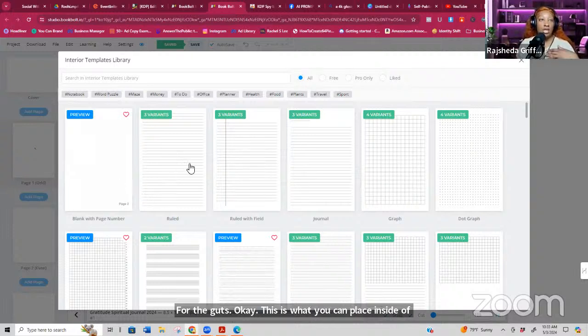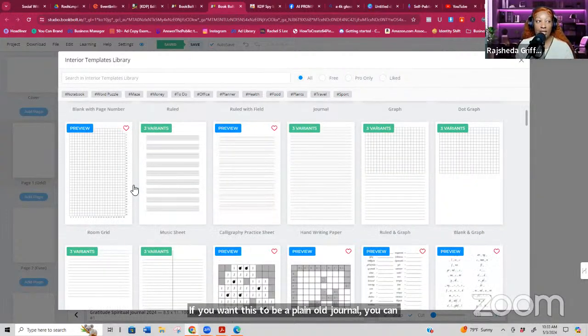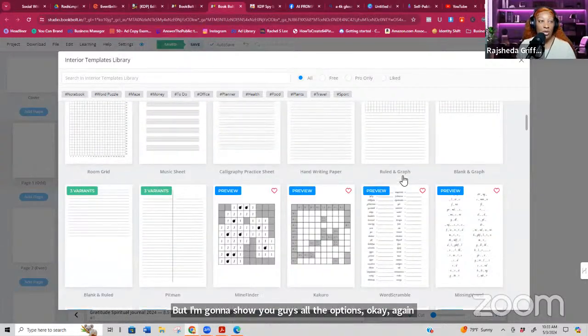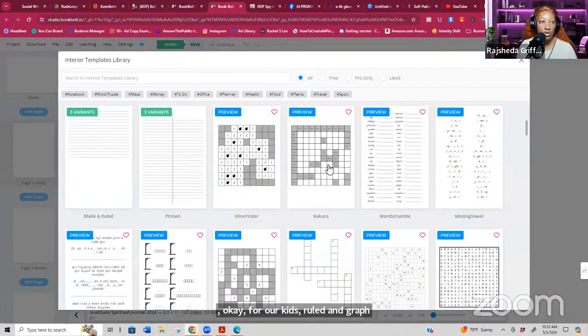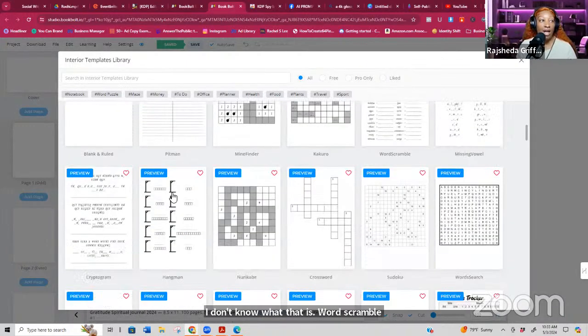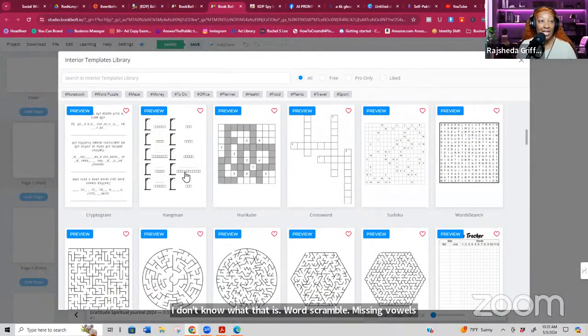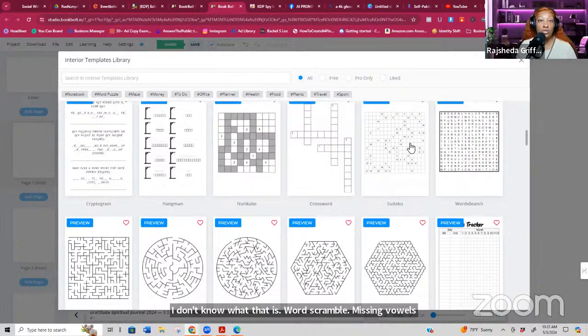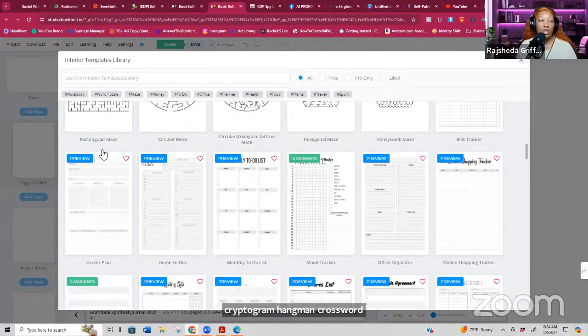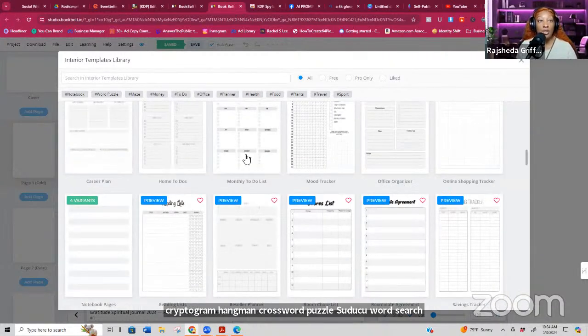If you want this to be a plain old journal, you can select journal and it'll pull it up. But I'm going to show you guys all the options. Okay. Again, room grid, music sheet, calligraphy, handwriting paper. Okay. For our kids, ruled and graph paper, Minesweeper, Kakuru. I don't know what that is. Word scramble, missing vowels, cryptogram, hangman, crossword puzzles, Sudoku, word search, mazes, bills tracker, career plan, home to-do list, monthly to-do list,